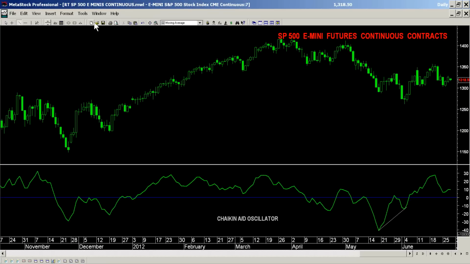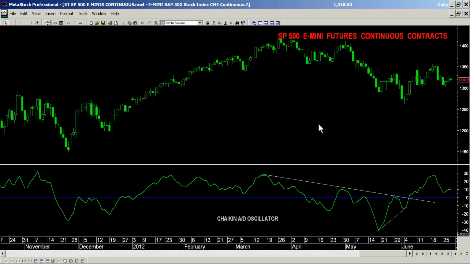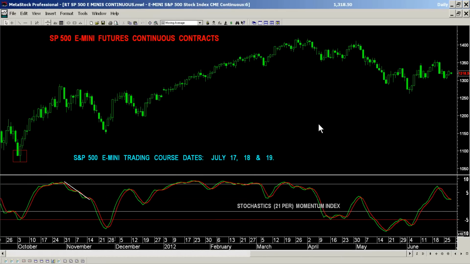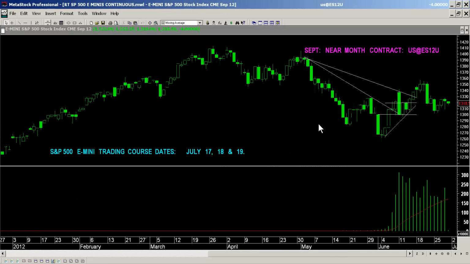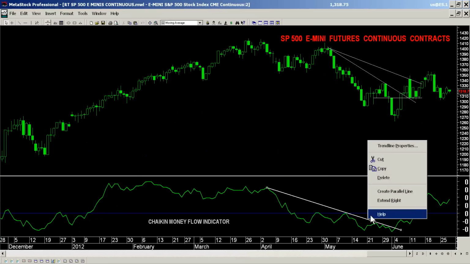And something else that we teach here, without getting too complicated, is a violation of a trend line within the indicator itself to confirm that we can be long. Again, that the trend has changed because of the smart money coming in on the accumulation. Here, on the Chaikin money flow, to answer your question,